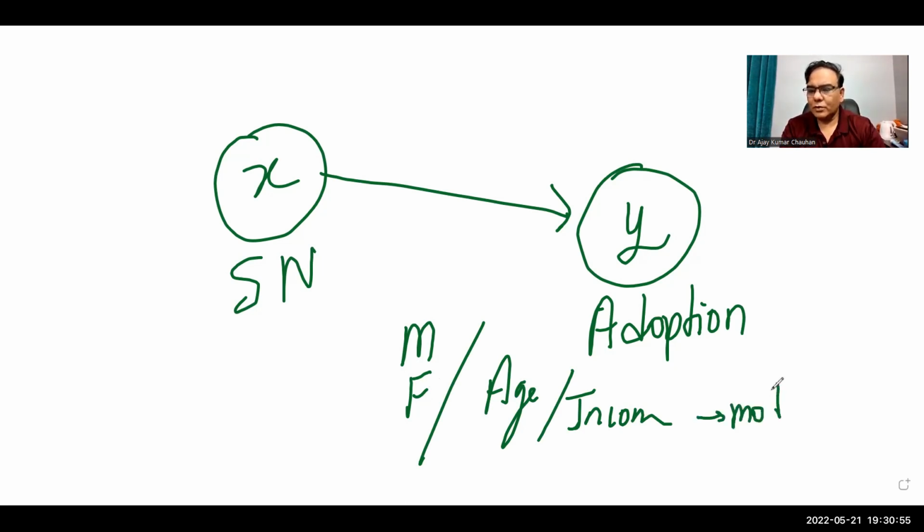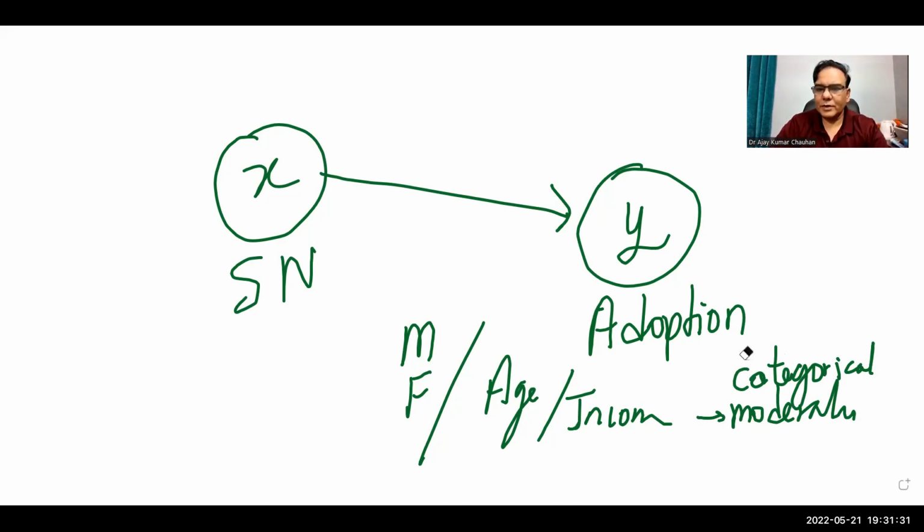This is called moderating variable. And because these variables are categorical, so this kind of moderation is known as categorical moderation. So we call it categorical moderation. So what is categorical moderation? If a nominal variable changes the relationship between X and Y, it is called the categorical moderation. Now in another case,